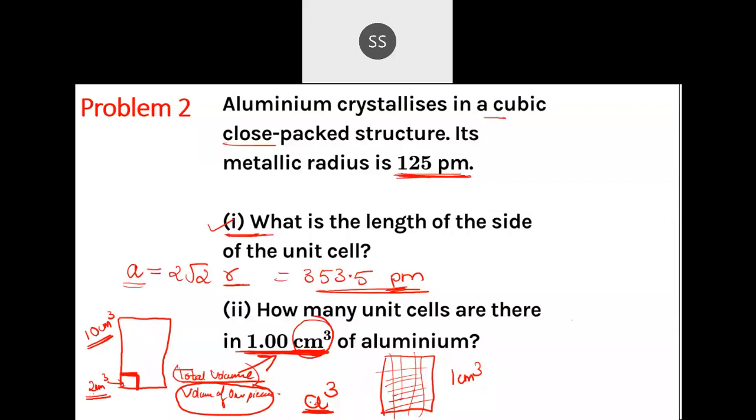Did you follow the basic idea? The concept is clear to everyone? What you are supposed to do? Okay, so we will work it out now. Now here I have shown the first answer.